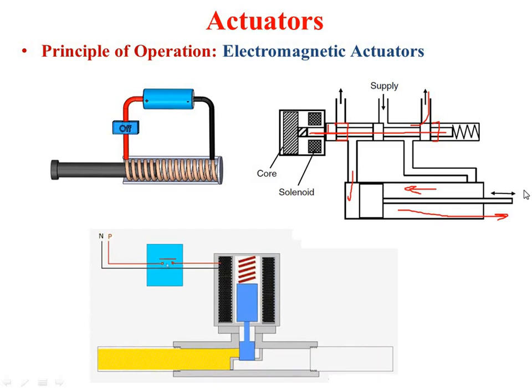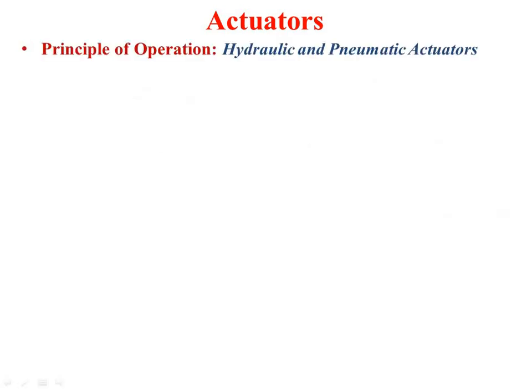Okay, so now we'll move to the next and important mechanical actuators. Generally it is also called fluid power actuators. We can again divide it on the basis of which kind of fluid it is. So simply I'll say that there will be a fluid power actuator, FP type of actuator, which will be divided into hydraulic actuator and pneumatic actuator.